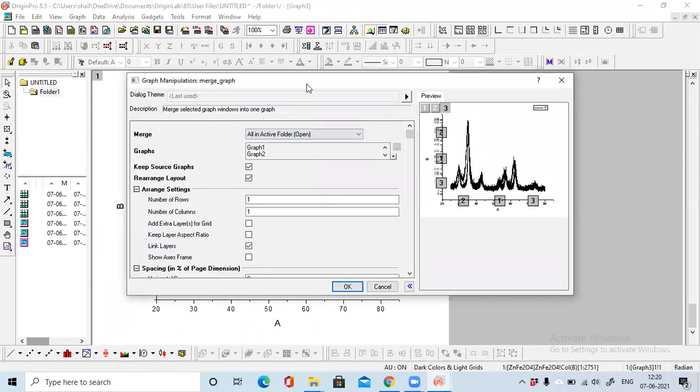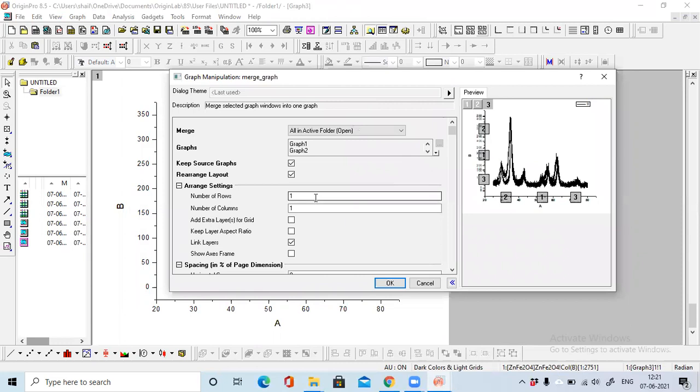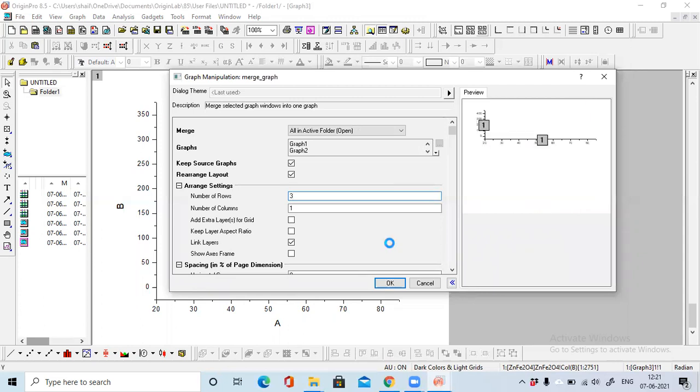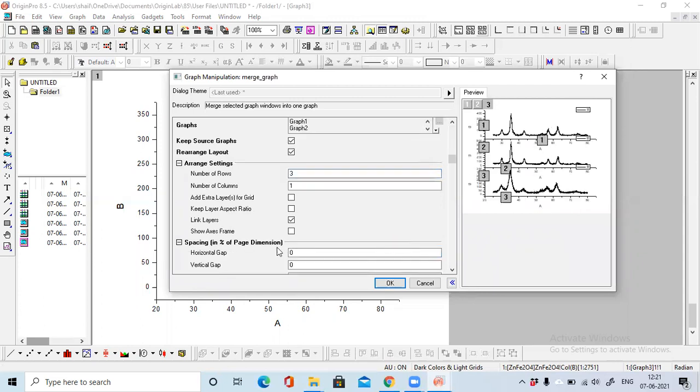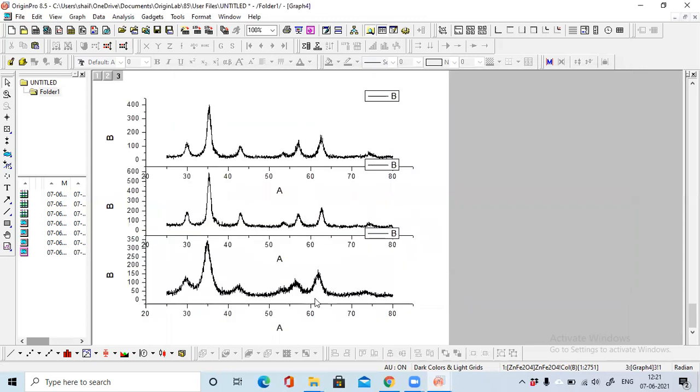How many graphs do we have? We have 3 graphs. So we want 3 rows and 1 column. Means 1, 2, 3. So I want 3 rows and 1 column, and all things 0, horizontal gap 0, vertical gap 0, and you will see I plotted all these 3 graphs together.